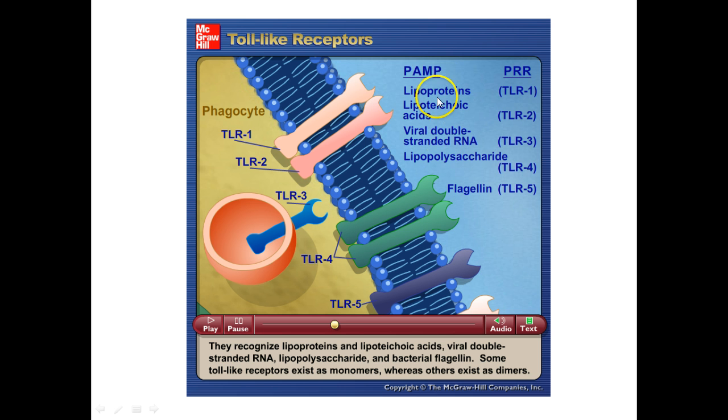They recognize certain molecular patterns. So they've found that toll-like receptor number 1 recognizes lipoproteins. And notice that toll-like receptor 3 is recognizing viral double-stranded RNA. And where is that receptor? Inside the cell, because that's where that component of the virus is going to be accessible when it gets inside